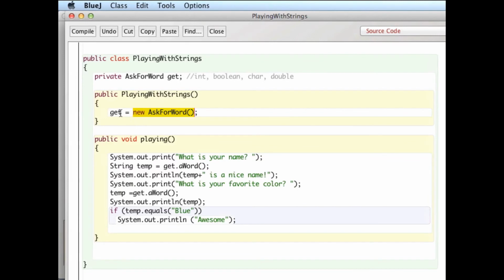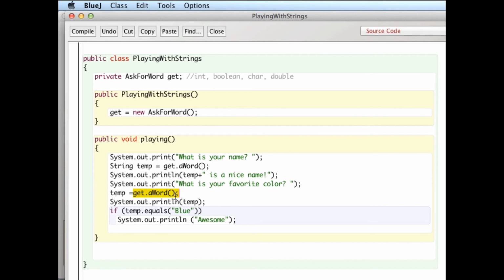Now we have a variable that holds a reference to that asked for word object. And every time we want to ask for a word, we can call the method of that class that asks for a word, which happens to be called a word. That's the name of the method. So we can do get a word, right? And it tells the asked for word object, which is called get here, to call its a word method,